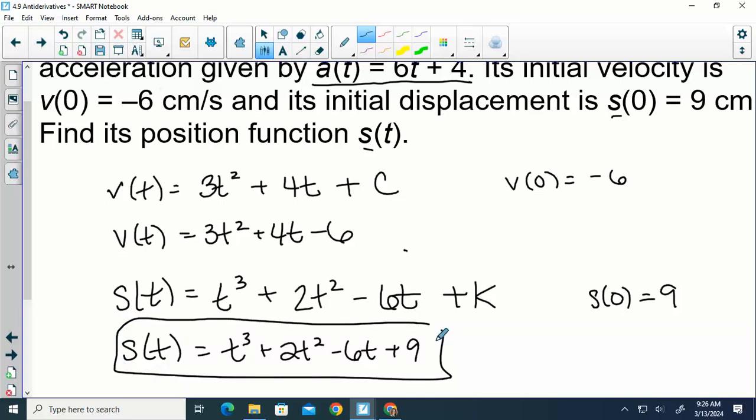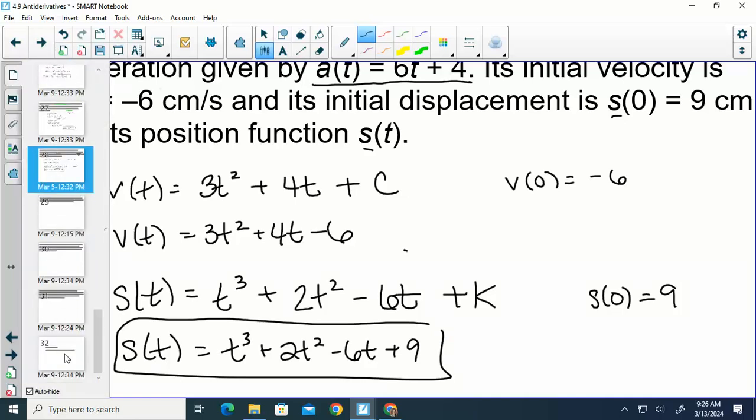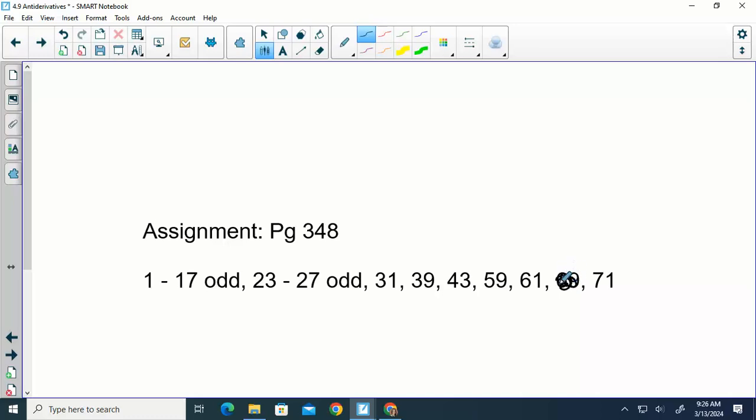Any questions with these motion problems? I want you to add to yesterday's assignment. I'm going to take off problem 69. So you did 1 through 17 yesterday, so we've got